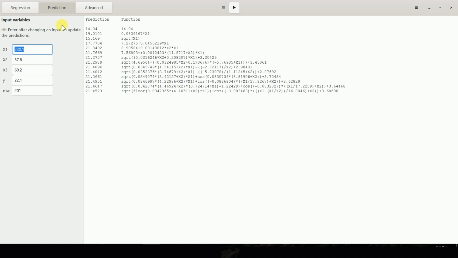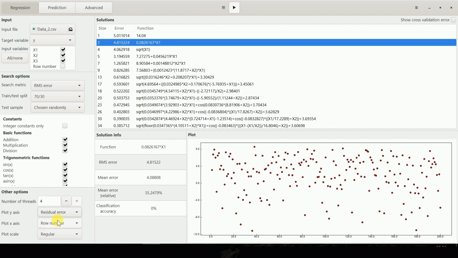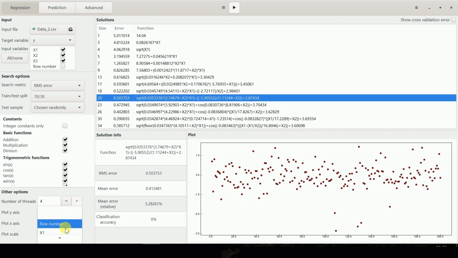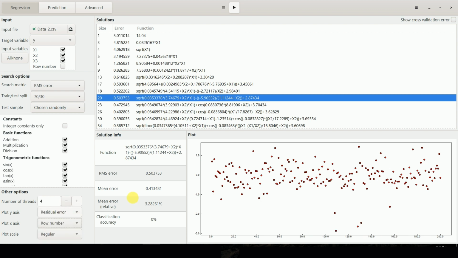If I click on the prediction tab, then it will tell me for a set of input what will be the corresponding prediction across the different functions that have been realized. So again, a very powerful tool to validate how good your model is performing on unseen data. Well, this is what I wanted to demonstrate today. I wanted to demonstrate the power of this amazing tool called Turing Bot, wherein you can create really accurate interpretable models with the help of button clicks.